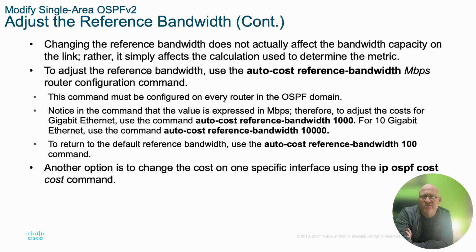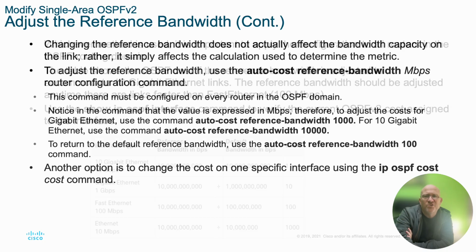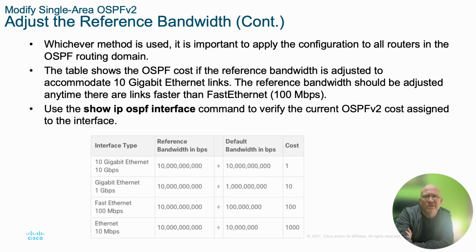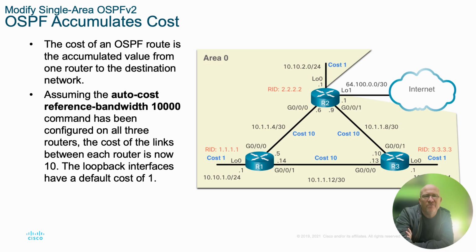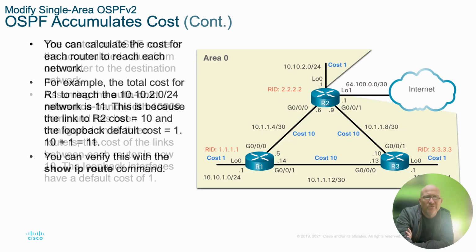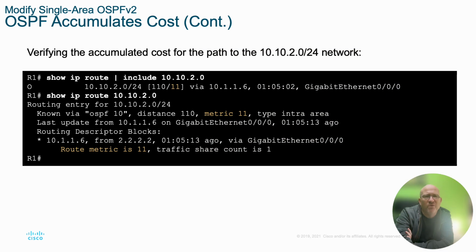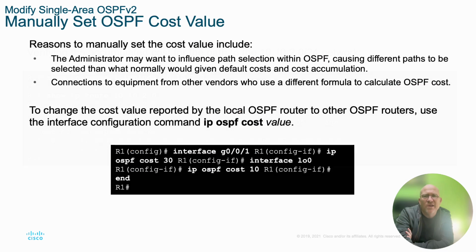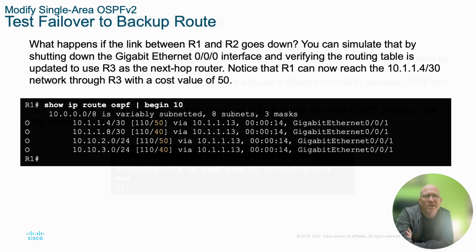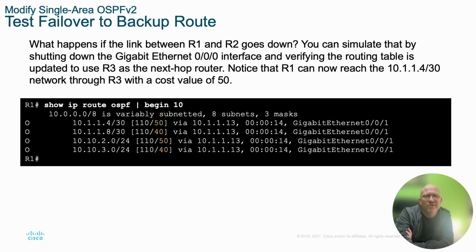And actually, one of the Packet Tracer activities we do, you have to look at the auto-cost reference bandwidth and see if you need to change the cost accordingly, to change the preferred route, to change how the shortest path first algorithm operates. And of course, that way it can create quite interesting topologies on your network that you can manually set using that